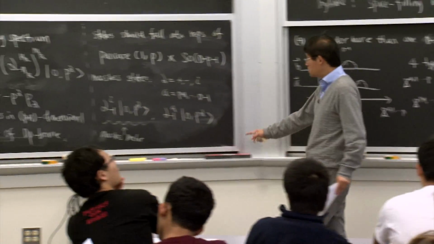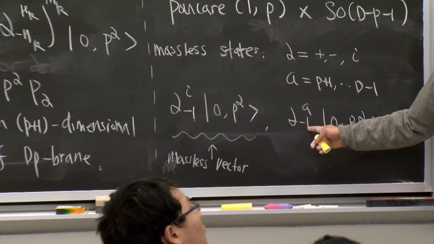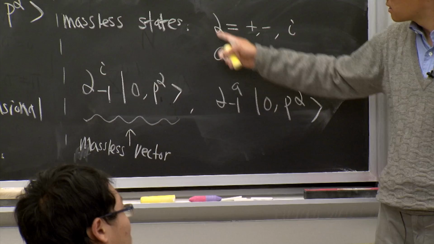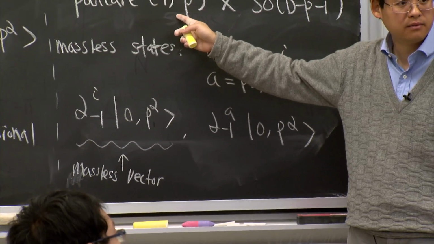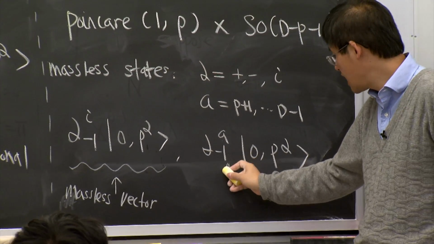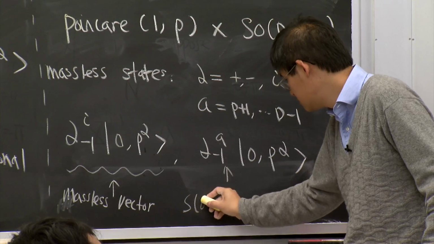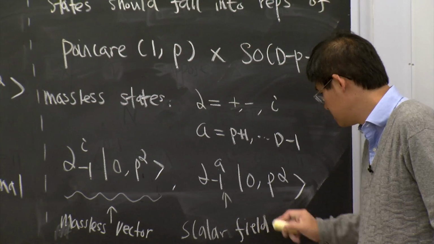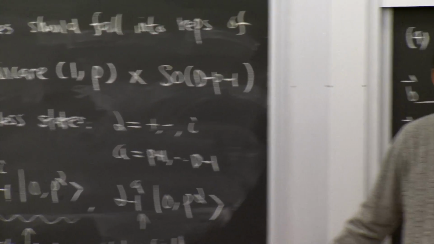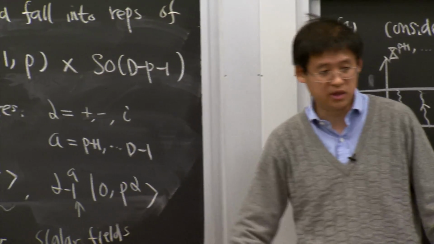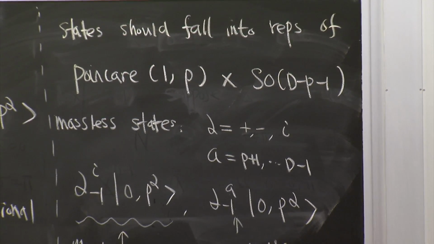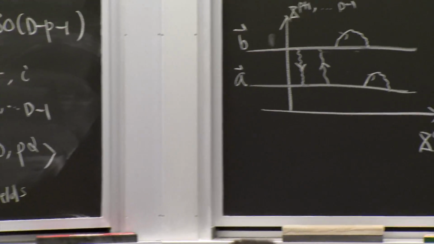So this is like a massless vector, but now those guys have an index A, which is not in the Poincare here. So those are now scalar fields. Okay, those are scalar fields on the world volume of the D-branes. Okay, so now we find